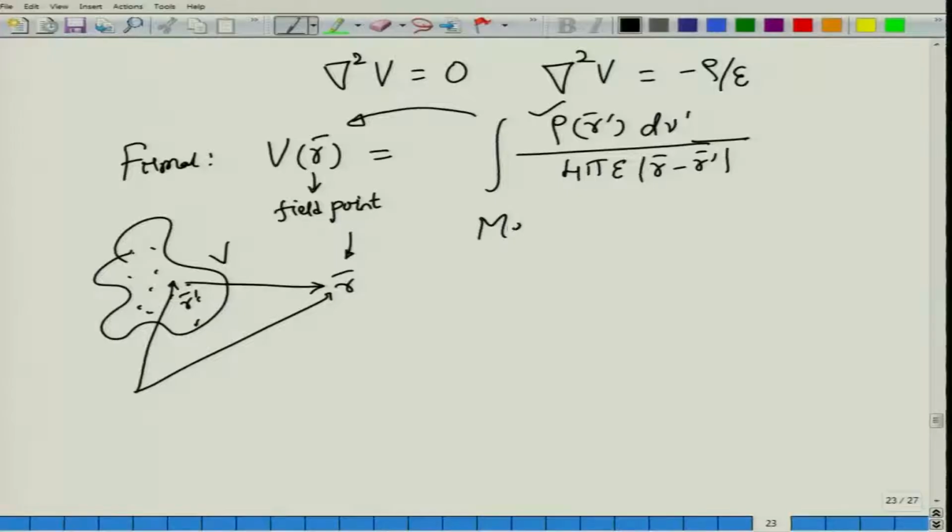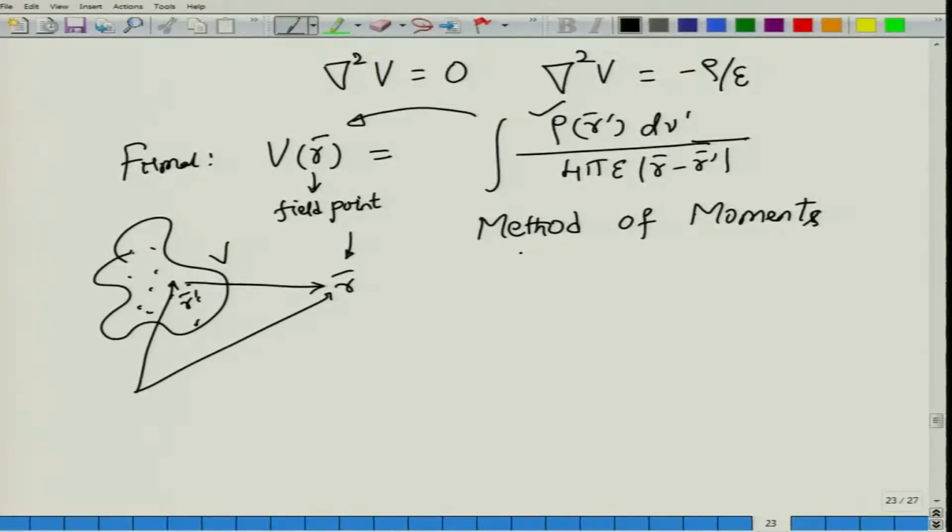Once the charge distribution is known, then the potential at all the other points where we have not specified the potential also has to be calculated. The method that we are going to adopt is what is called the method of moments. A full discussion of course will take you into a different course on numerical methods which is running in NPTEL. You can refer to that, but a brief idea of the method of moments is like this.